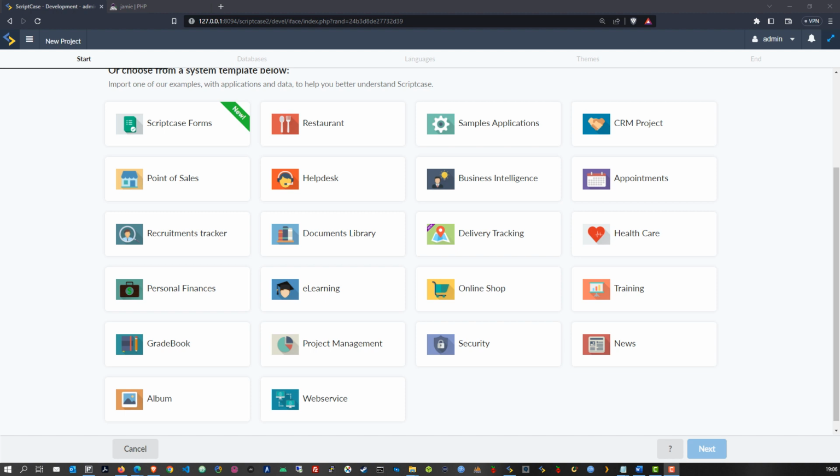We are looking at templates. So within these templates that we have available to us for free within the Scriptcase environment, we are able to copy the various applications. We can actually copy the entire project and make the entire project our own, or individual applications. Or best of all, we can copy the code and even learn from how various aspects of those applications